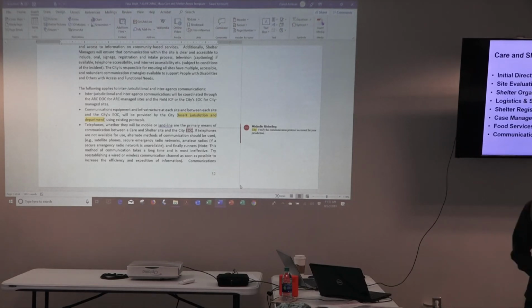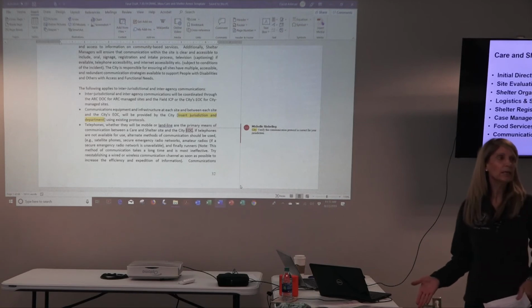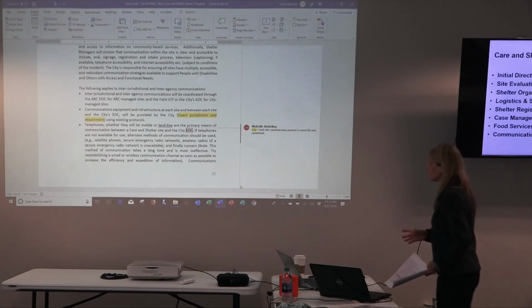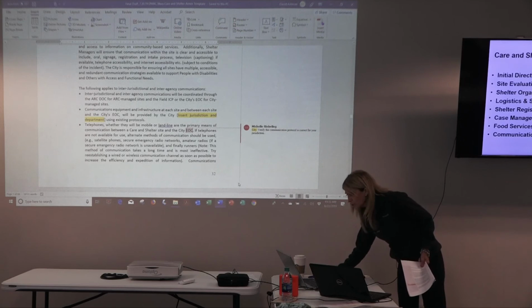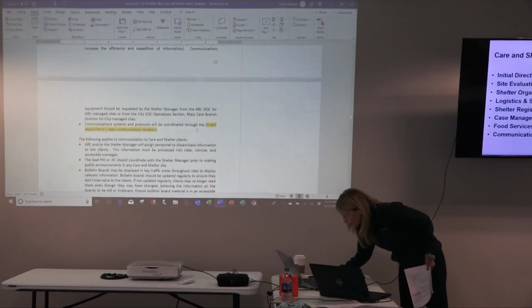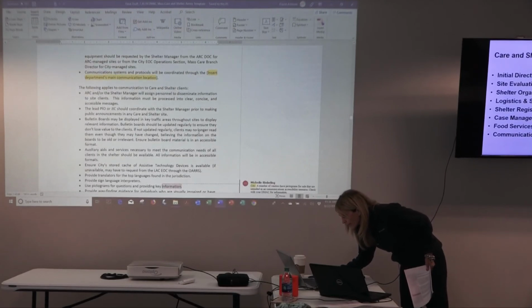But communication also involves that process where you're sharing information. Do you have a process where you can actually share periodic situation reports between the shelter and your EOC or the shelter and field command? So when we talk about communications, it isn't just the systems and the hardware. We're also talking about that information sharing process. And you'll notice in this section that we've kind of defined that out. And we actually go into this whole process a little bit more in depth in a communication checklist in the back. But just remember that you have to have